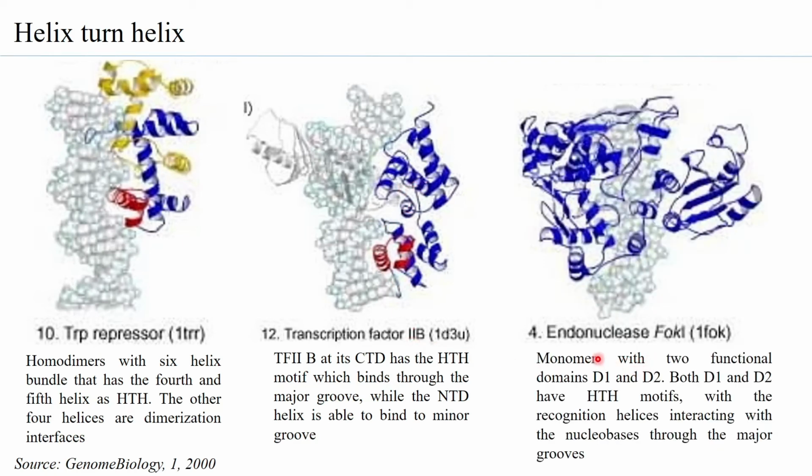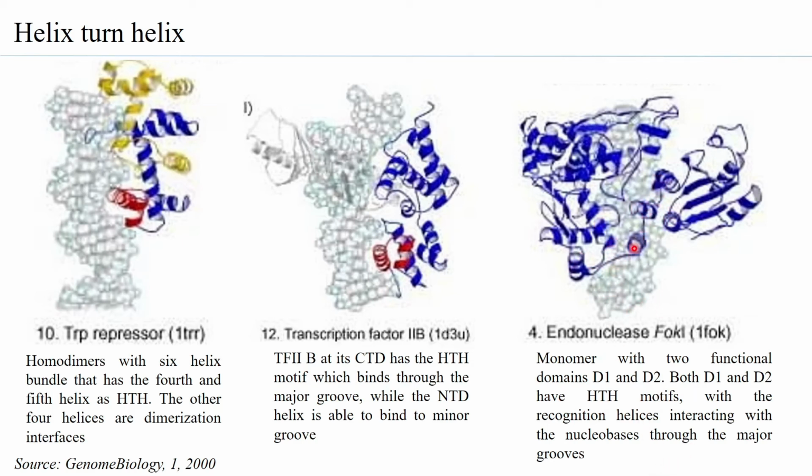Then you have another family, which is basically nucleases, and endonucleases we know are enzymes that can cut the DNA at specific sequences or not specific as well, but FokI is able to cut the DNA about 4 to 5 base pairs away from the site that it is binding or interacting with on the DNA. So it is basically a monomer, but it has two domains, D1 and D2, and both the D1 and the D2 have the helix turn helix motif. So you can see that this is one that has helix turn helix, and this is the second one, which is the helix turn helix domain.